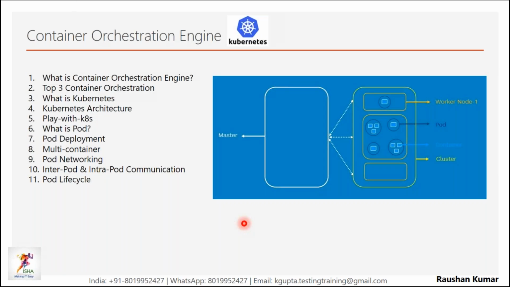Okay. So we'll talk about Kubernetes. Why do we need Kubernetes? If you have many containers, we use Kubernetes to manage them. It works on a master and worker nodes configuration. This is the master. This is just a basic architecture, not the real architecture. The real architecture is complex: we have so many things under the master and so many things under the worker cluster. I have just given this screenshot to simplify things.